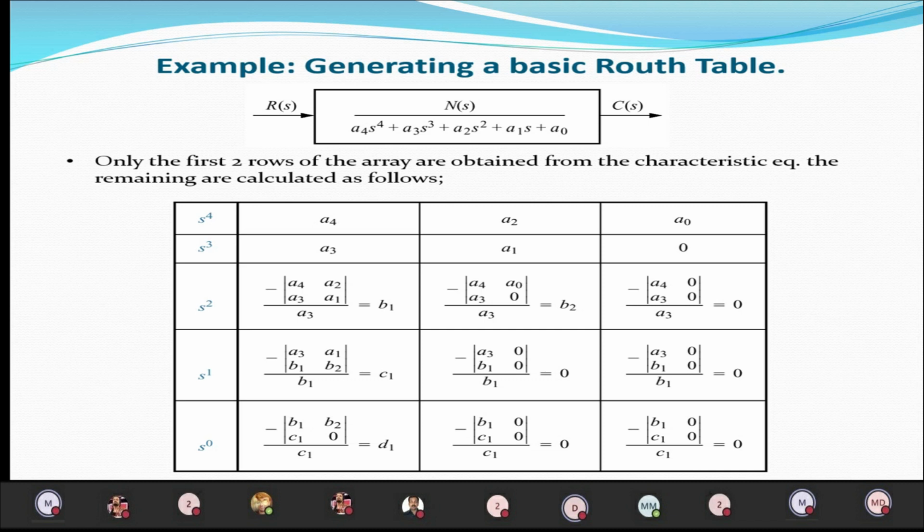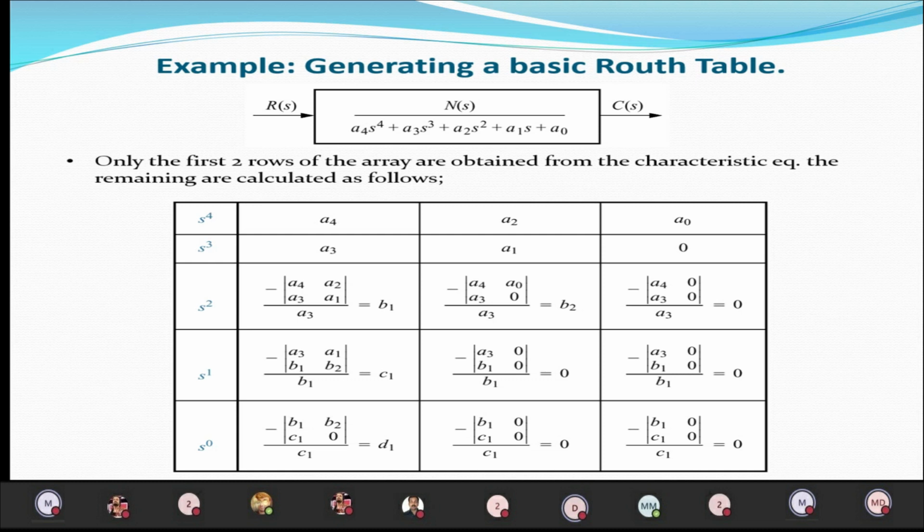So if you want to determine the third element, leave the third column element and consider the first column. As the last column is not available, you have to consider that as 0. So therefore A4, A3, and here 0, 0 will be there. Therefore finally, if you multiply the cross diagonals, you will be getting A3 into 0 minus 0 into A4 divided by A3. So you will be getting the resultant as 0.